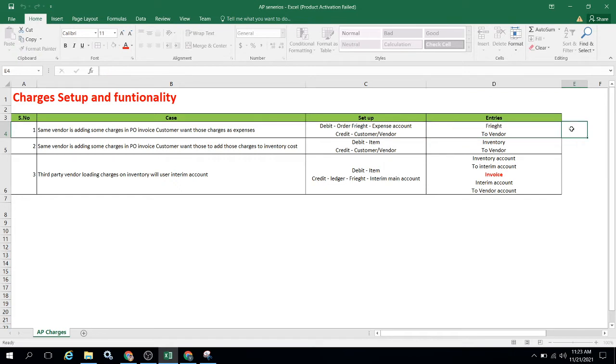So freight account debit, to vendor account, is the outcome supposed to come when we set up in this way. I'll show you this setup in D365.